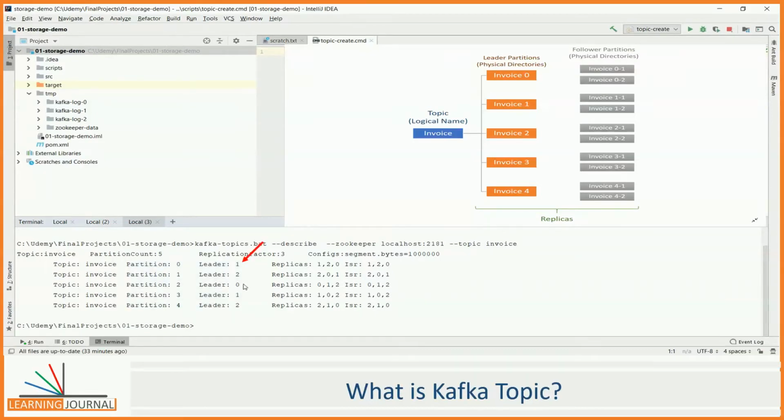This number is the broker ID that holds the leader partition for partition ID 0. We'll learn more about leaders and followers in further lectures. However, at this stage, it is essential to understand that there are leader partitions that are followed by several followers. The number of follower partitions depends on the replication factor.